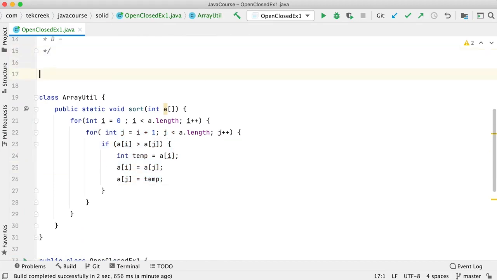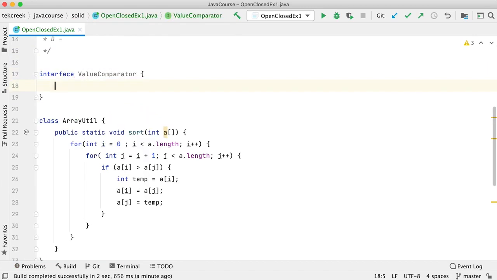Now what I will do is introduce an interface called ValueComparator. What this comparator should do is return an integer for me and compare int value1 and int value2.